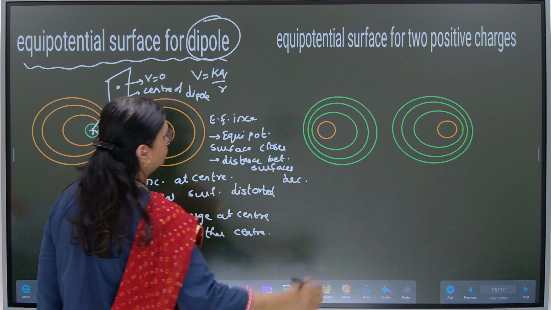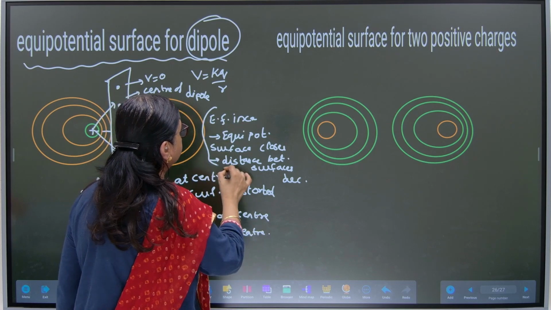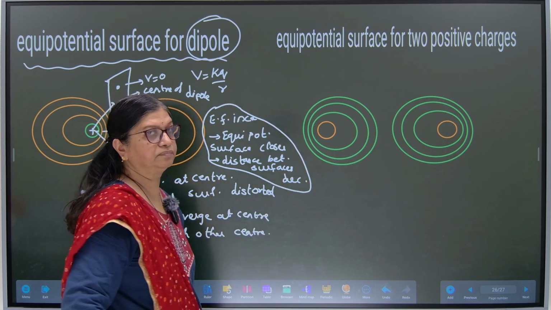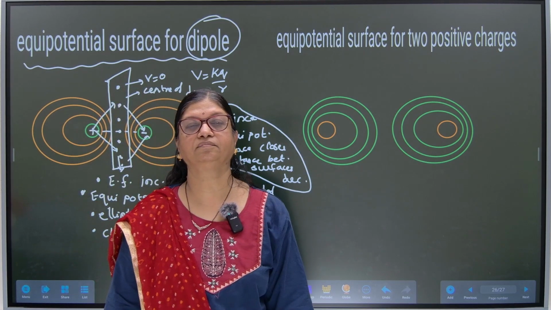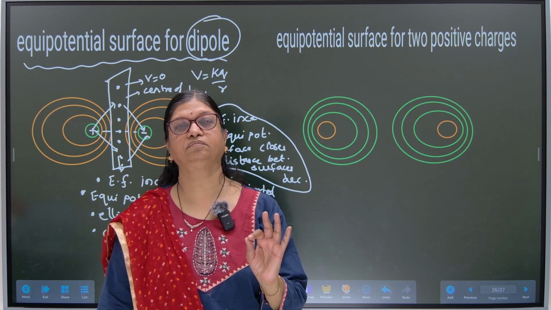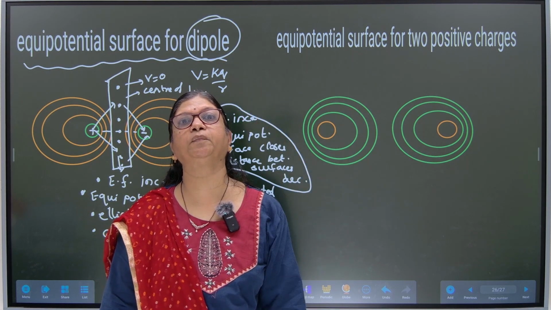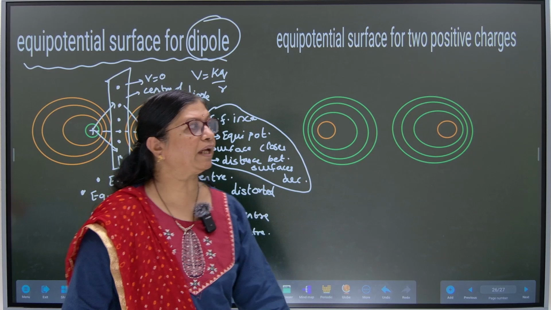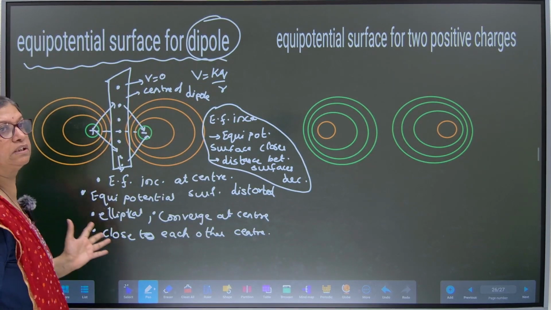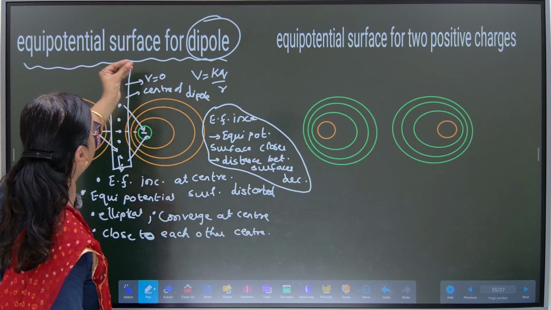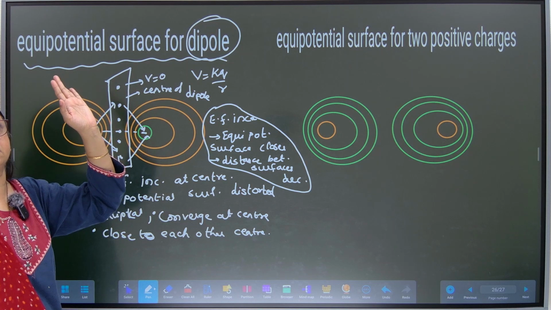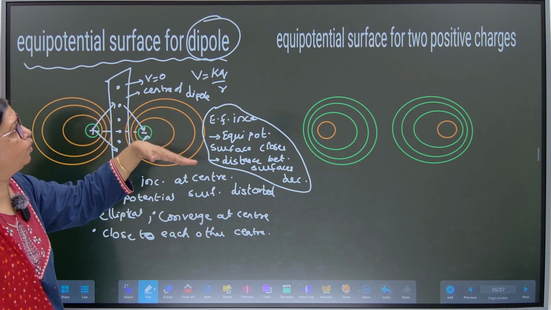Decreases. Okay, anything can be asked. Followed? These all points you should remember for a dipole. Package. Equipotential surface for dipole. No other question can be asked. Followed? Now we go to